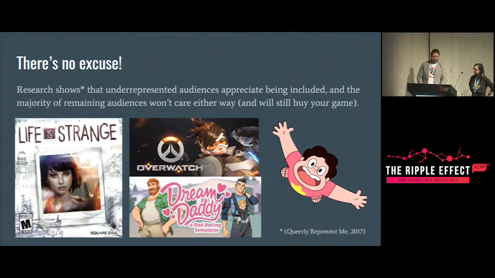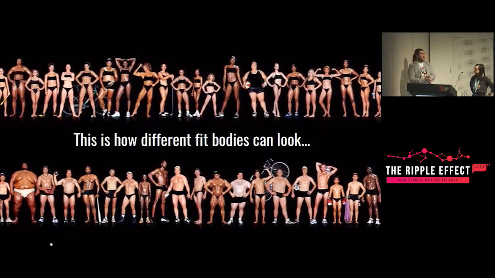We'll continue on. This is one of my personal bugbears with the games industry, is how we deal with human bodies. This is the 2015 US Olympic team. You can tell from these bodies what they do, right? There's sumo wrestlers, basketballers, rowers. Different types of activity give people different body shapes. And these are just really fit people, right? This is not the diversity of average bodies. This is the diversity of really, really, really fit people.